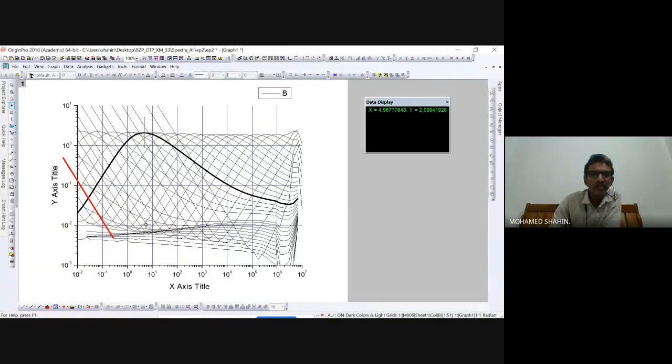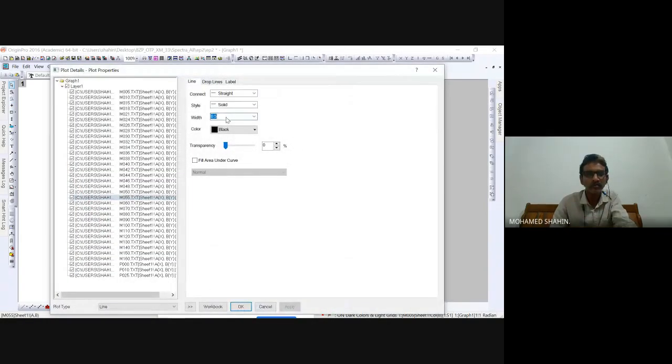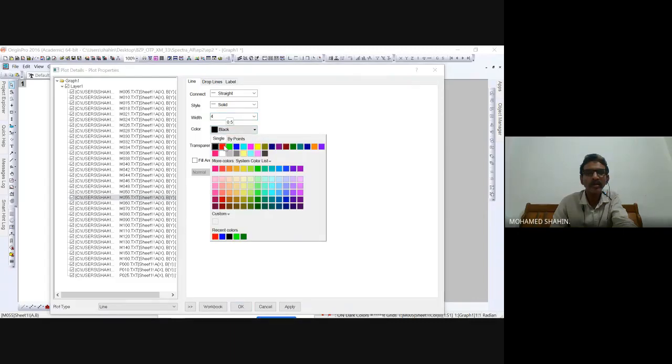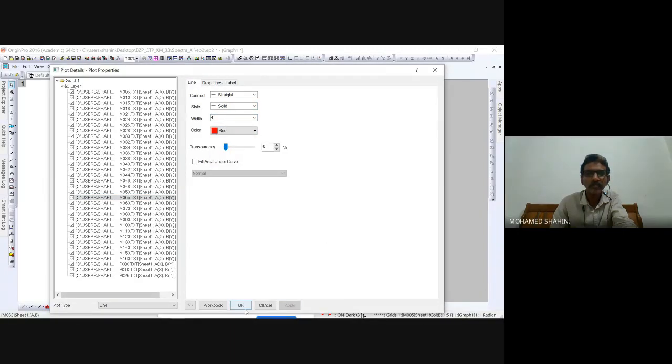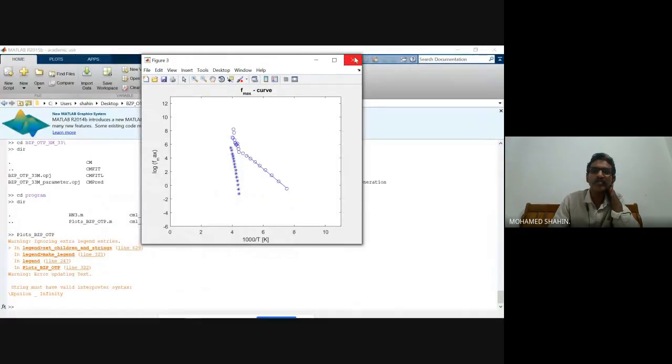Sometimes in situations like this, I'll put 5, 4 with a red color. You will not have very easy access to the peak because there is a peak, but we are not sure where it is exactly. But if you fit it, you can easily get where the peak is. Now, you can see one more thing.